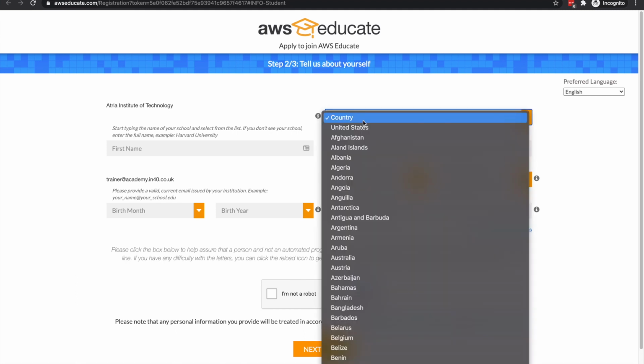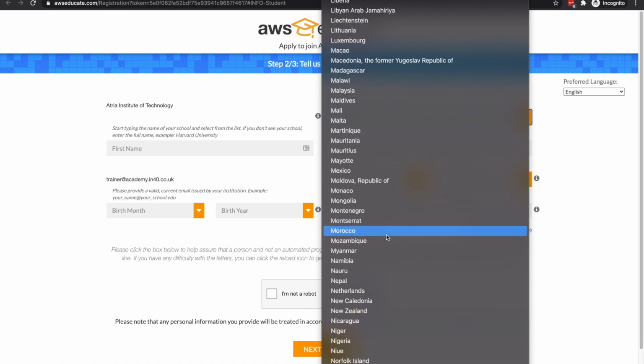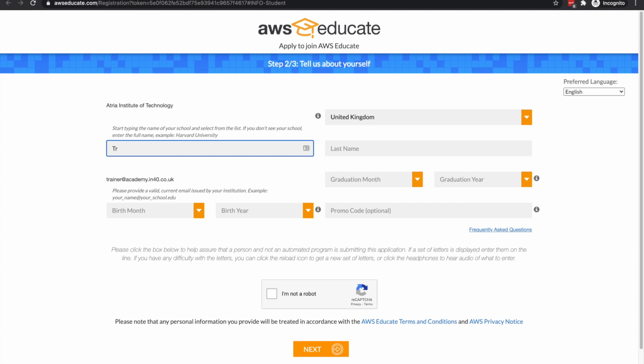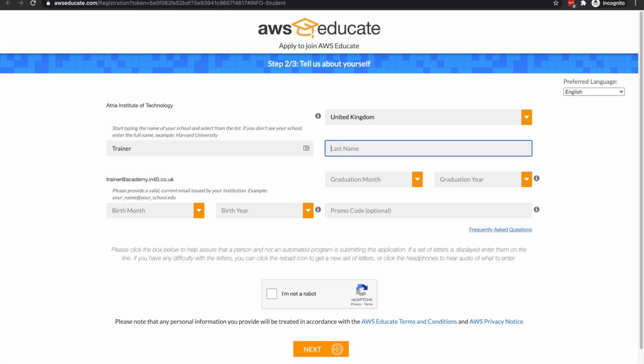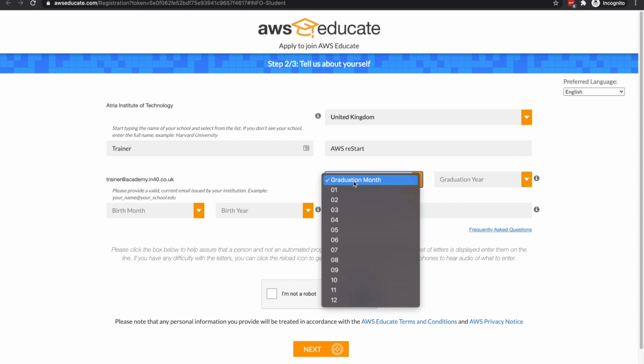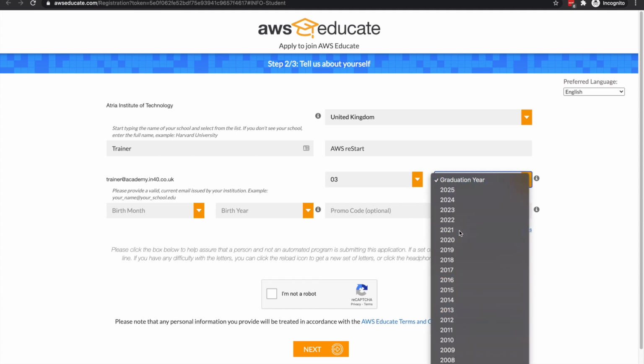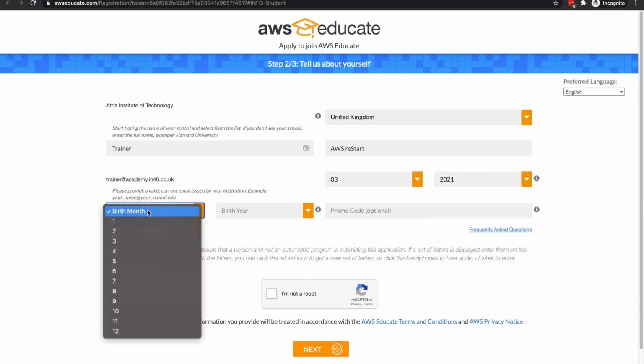There you can select your country. Enter your own first name and last name, and give your graduation month as 3/20/21. Once you do that, you can give your birth month, whatever it is.